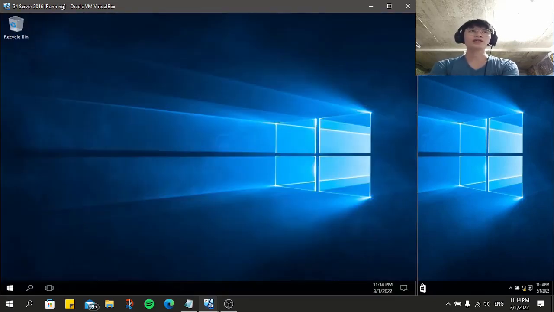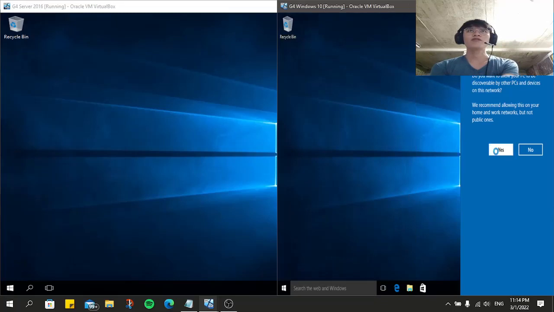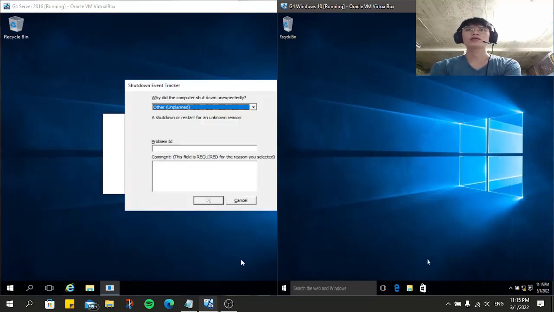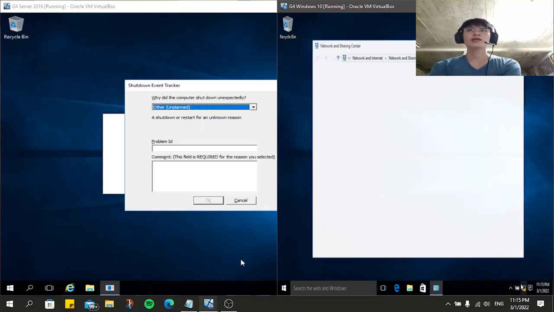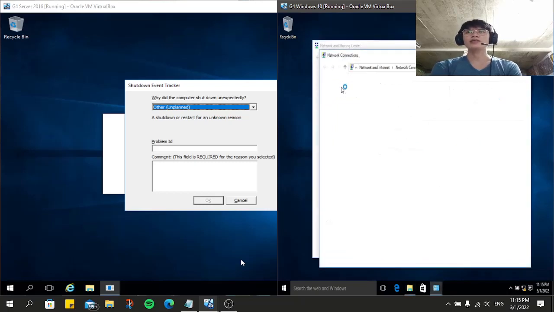Now after logging in on the server, we can now see on the client side on the right side that it is already in the same domain. And to check if the IP address is correct, we will right click and open Network and Sharing Center and then click Change Adapter Settings. Double click on the internet